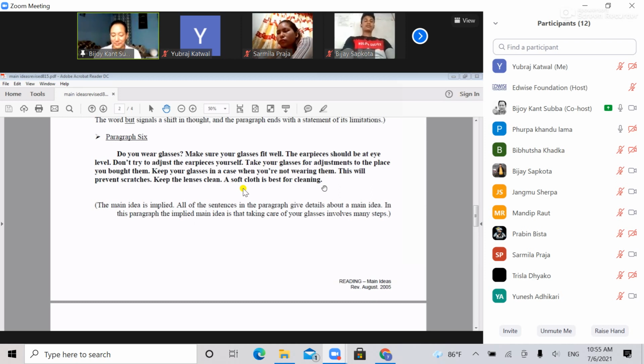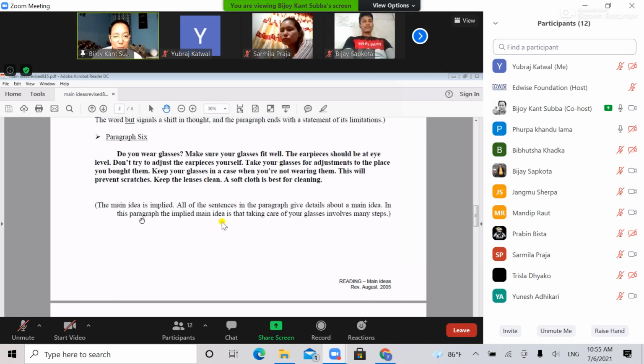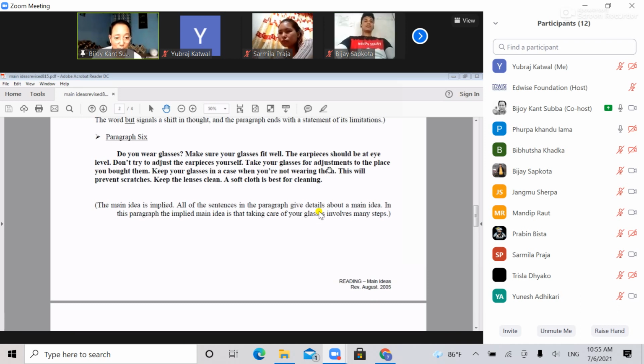Alright. But here, you don't have one sentence. Okay? Let's suggest this. Because you don't have a main idea, the main idea is implied. It's indirectly mentioned. So what could be the main idea? In this paragraph, the implied main idea is that taking care of your glasses involves many steps. Or it could simply be the steps involved in taking care of your glasses. All right. So this is called implied main idea. And as and when you don't have a main idea,